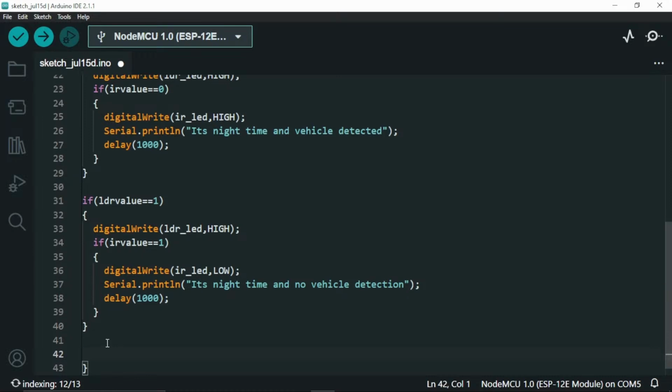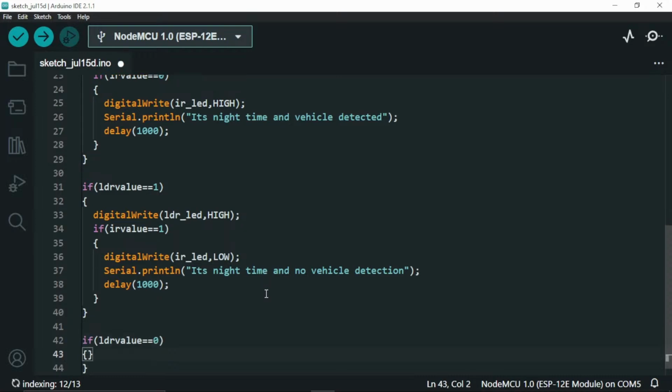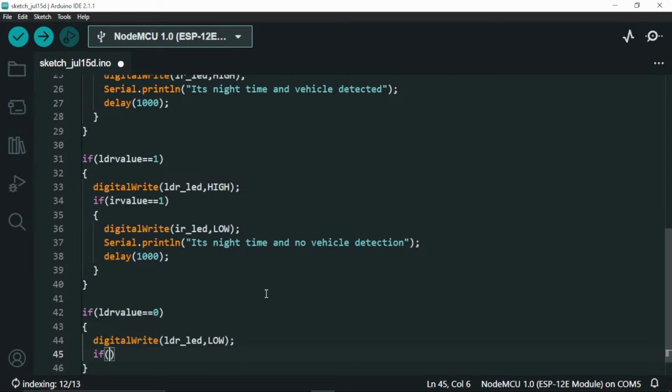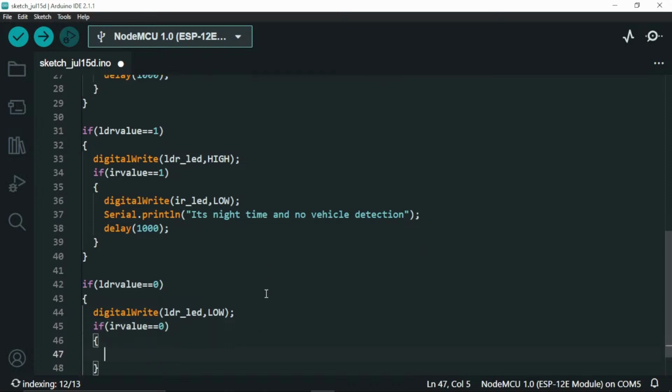Now we have to make conditions for daytime. For that we have to check if LDR value is equal to 0. If it is daytime, I have to make my LDR LED low, right? Okay. Now we have to check vehicle detection. So IR value is equal to 0, no vehicle detection. Now here, vehicle detection,